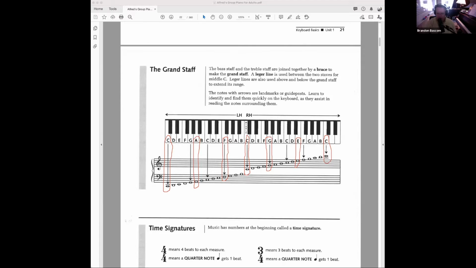I'm going to clear those. I'm going to circle them like this in red to show you all 7 home notes. And then I'm going to get a different color out and show you why